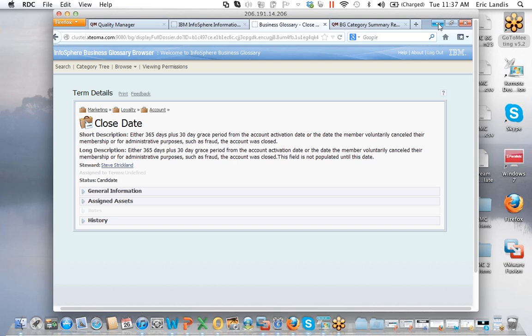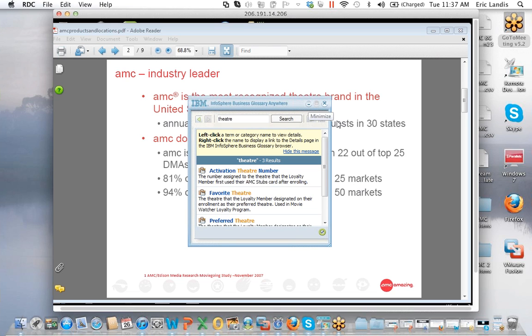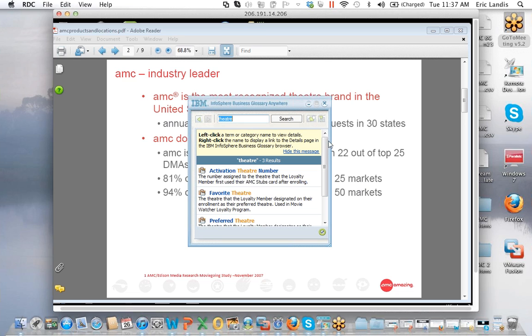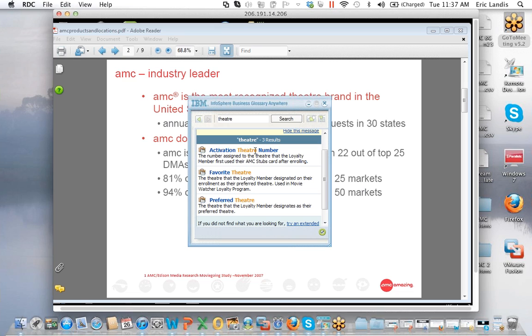Finally, one more thing I wanted to show, and that was, oh, here it is already, let's start from the beginning, is Business Glossary Anywhere. And Business Glossary Anywhere, again, is another way to access Business Glossary and everything we've seen so far as far as data quality rules from a PDF document, a Word document, a web page, etc. And so in this case, it's a PDF document. I'm just hitting Shift, right-click on the word theater, and I can see all of the terms that have theater in them. I can left-click if I want to get